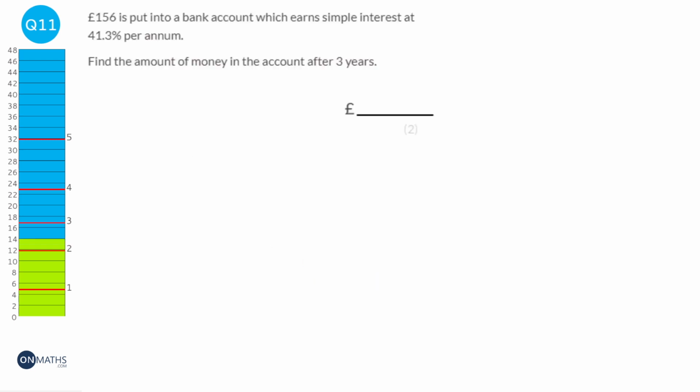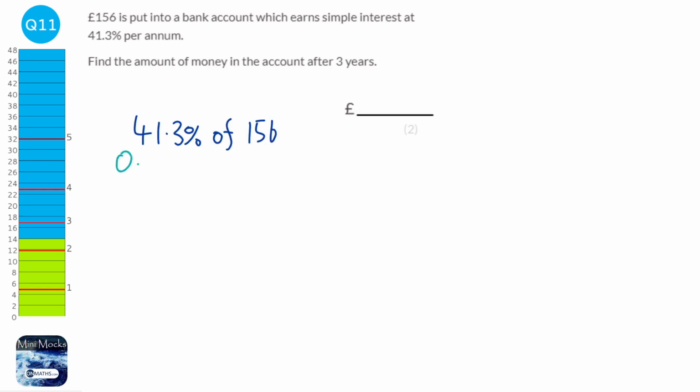We first of all need to understand how much interest there was in the first year. So we're looking at what 41.3% of 156 is. To do that, we convert the percentage into a decimal by dividing by 100. So that'd be 0.413 times by, because of means times in maths, 156. When we do that, we get